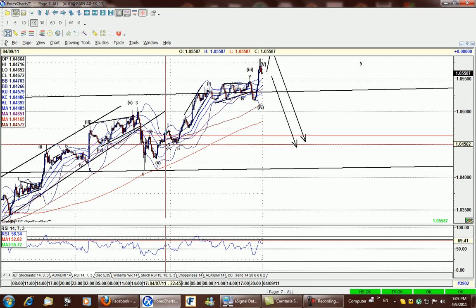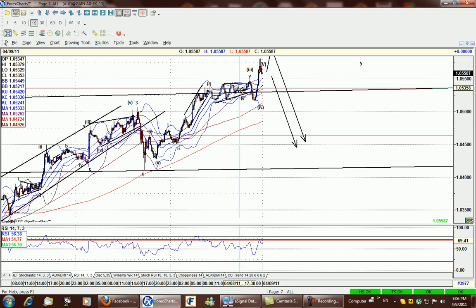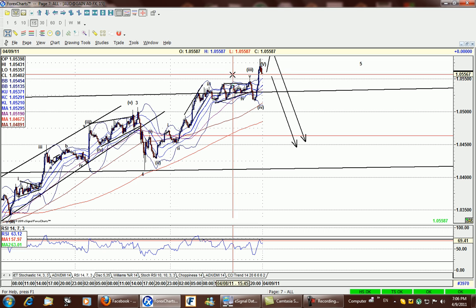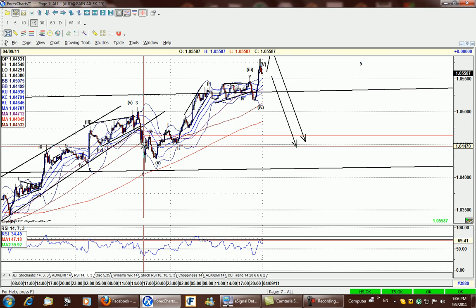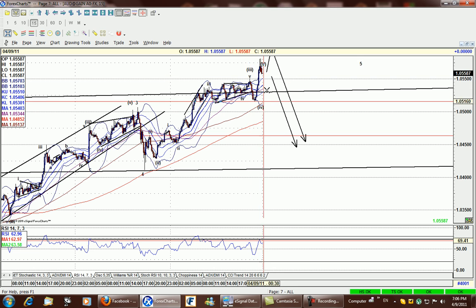So this is the 15 minutes chart. I posted a chart late Friday before we see this fourth wave consolidation and this spike higher. It was very close to what I showed in the chart. This is a very clear 1, 2, 1, 2, 3, 4 wave consolidation, 5, and then 4, 5.